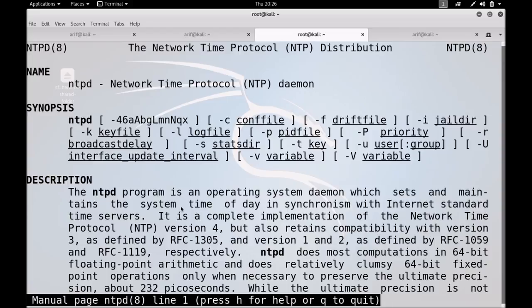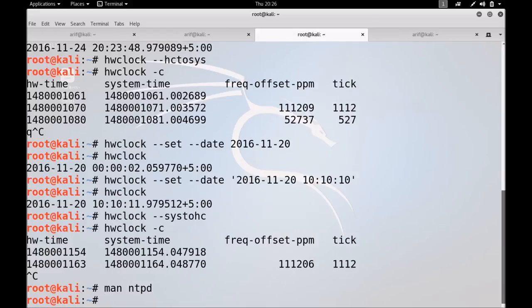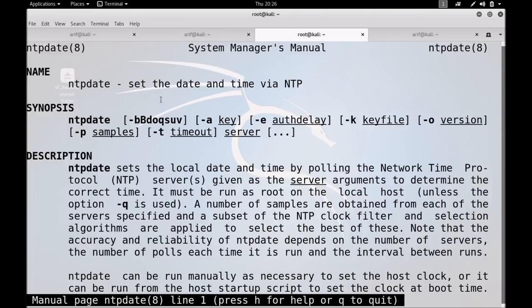This is a program which sets and maintains the system time of day in synchronism with Internet Standard Time servers. On the client side, you can use ntpdate. This is a program that sets the date and time via network time protocol.